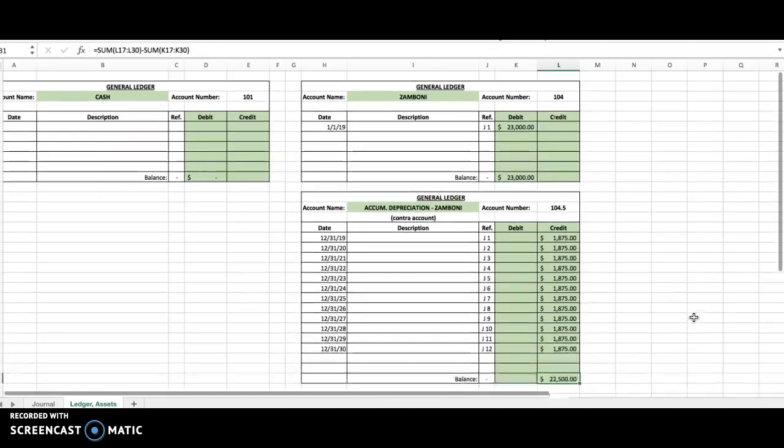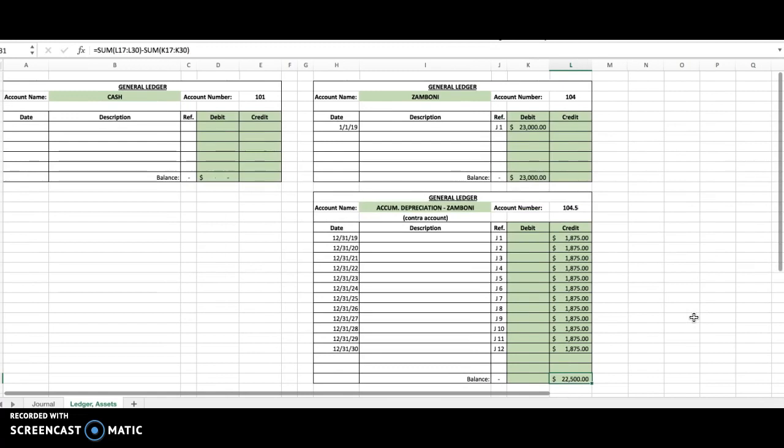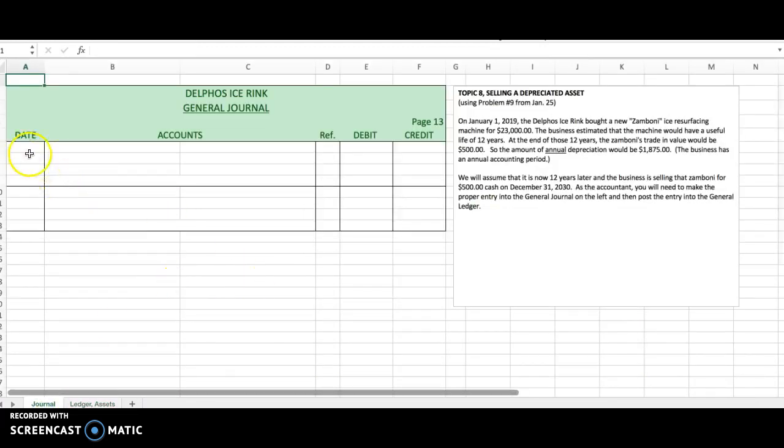So now we're ready to go back and take a look at the journal entry and then post it to these three accounts. So we go back and we will assume that this date is December 31, 2030, and we are selling the Zamboni. Now, we are selling it, but we're not considering this as a revenue transaction, so we don't credit sales, remember. But we do debit cash. We got money, so we debit cash,